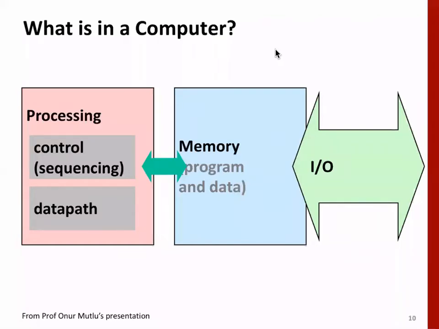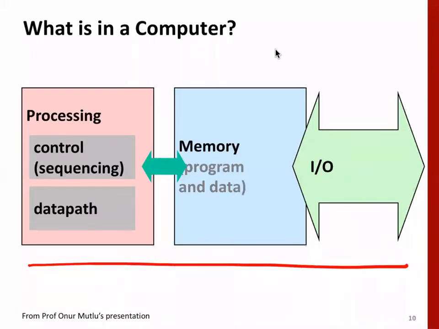Also, something that's part of data path is the buses on which data moves within a processor. And in order to get instruction or data, the processor is connected to memory. And then of course it's connected also to IO. So this is the general structure. How these are interconnected is totally different.